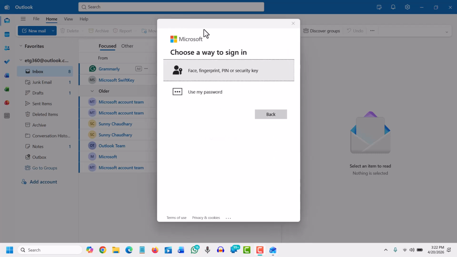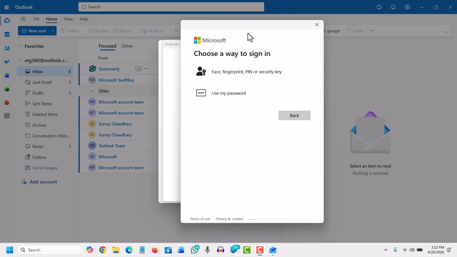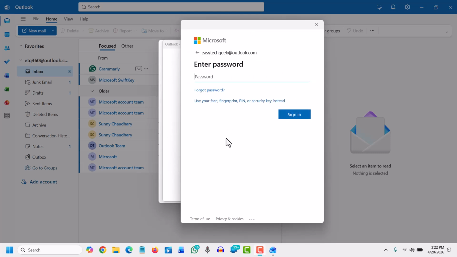Once you click on continue, it will ask you how exactly you want to sign in. So I'll select use my password, and then I'll just try to enter the password. Once I have entered the password, I'll click on sign in,